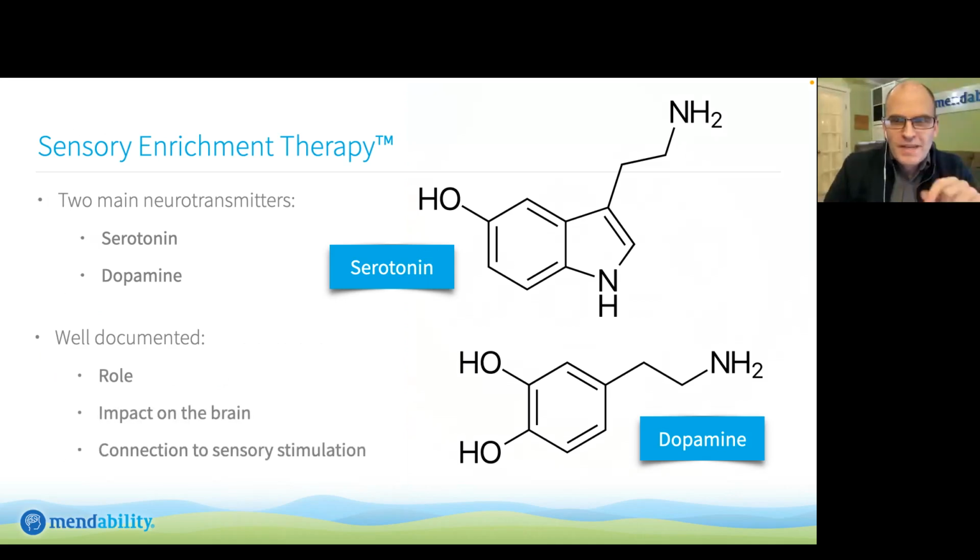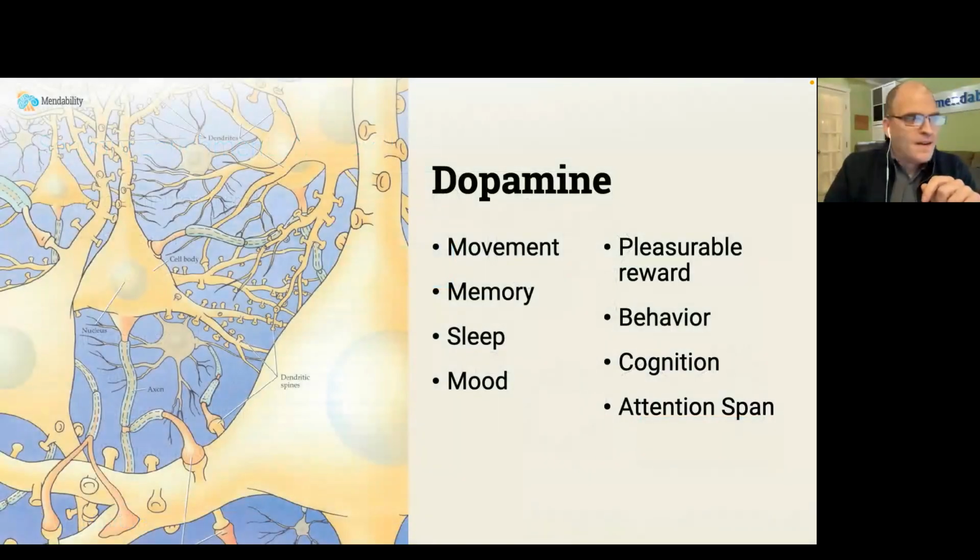I want to show you a list of what dopamine does. Dopamine is involved in movement, it's involved in memory, it's involved in sleep, mood, pleasurable reward, behavior, cognition, attention span. So if you can help the brain regulate dopamine better, then you can have an impact within a few weeks on those things.